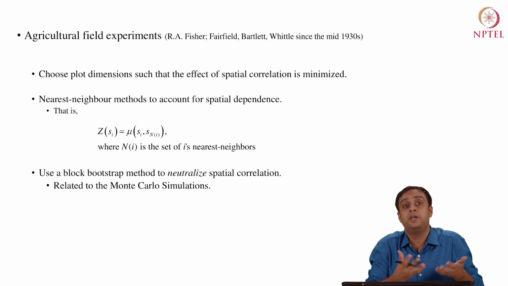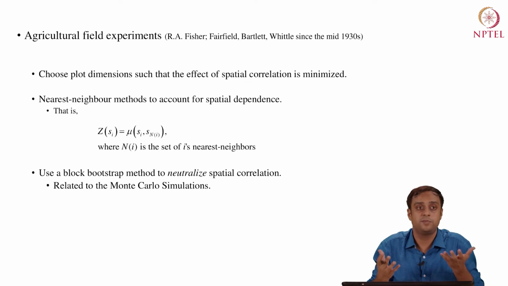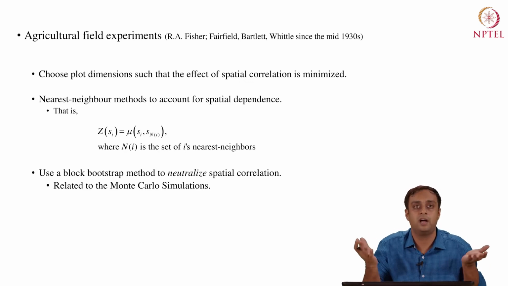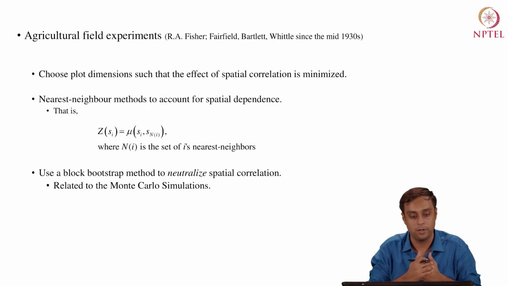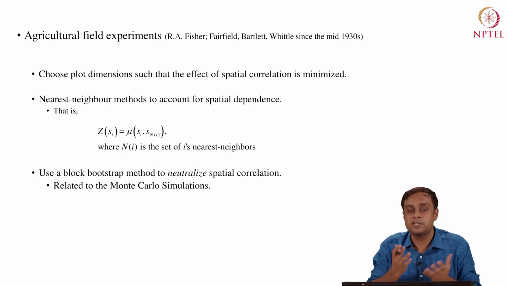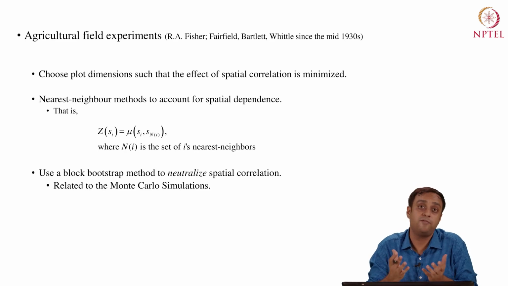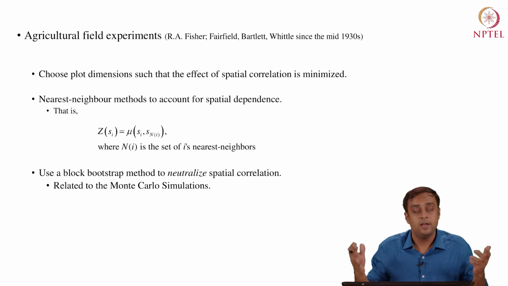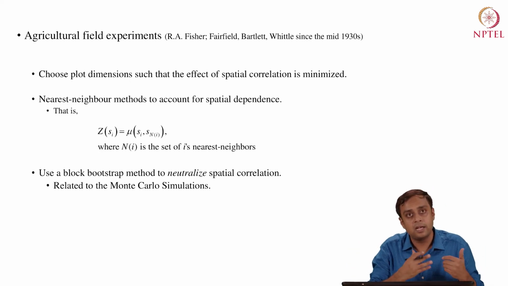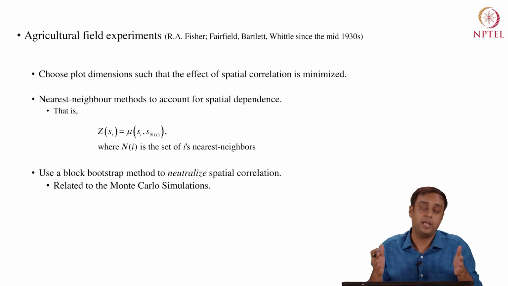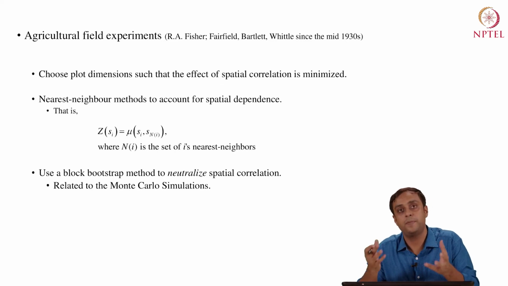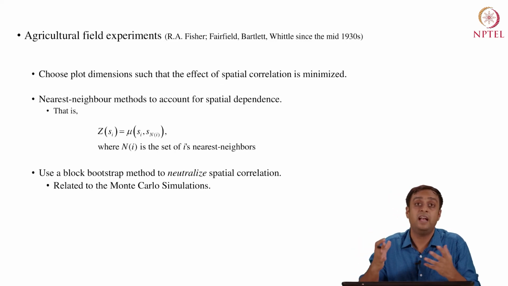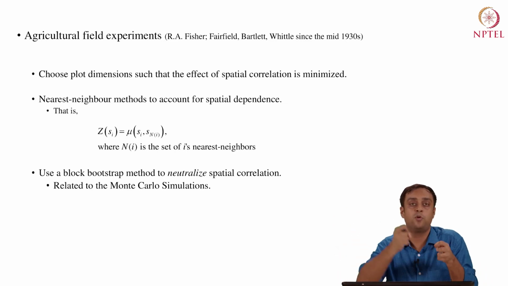The farmers are likely to come from similar backgrounds. It is possible that one farmer is richer than the other, but let's assume they have similar social, economic background, cultural influences, and so on. It's quite possible that plots located nearer in space will have similar yield values than plots located farther away, right? So researchers have been actively choosing plot dimensions for these experiments strategically, in order to account for spatial dependence or spatial correlation, so that they have a distinct understanding when they move from plot 1 to plot 2.